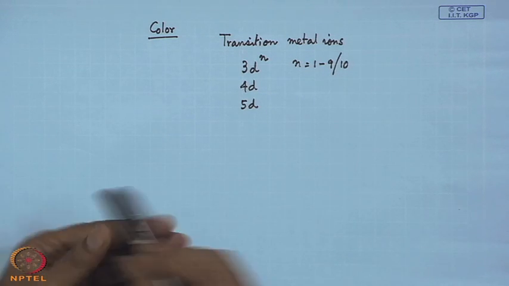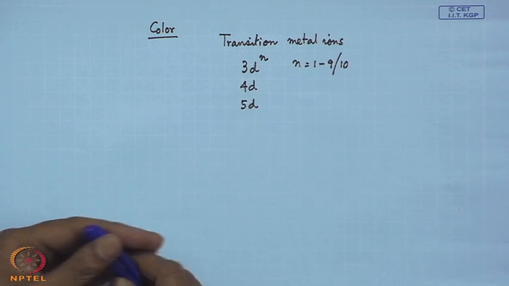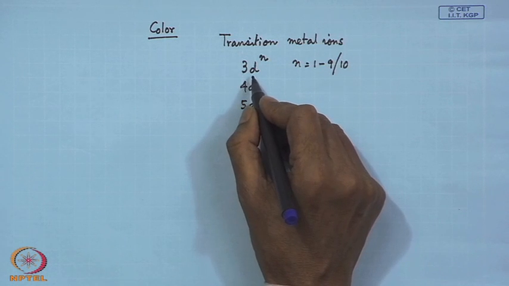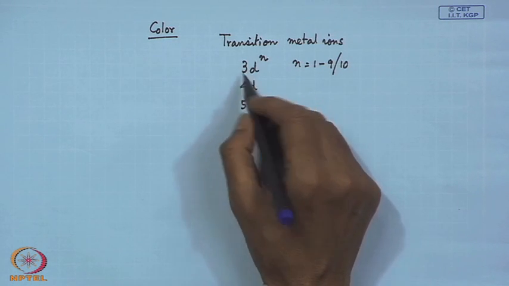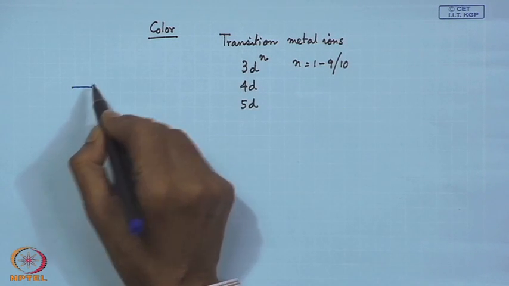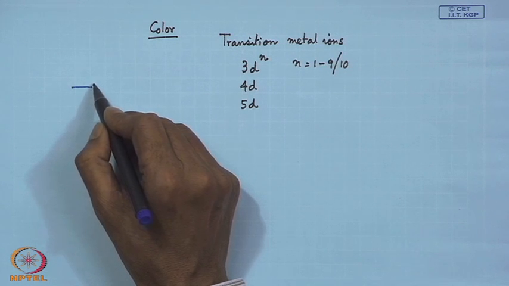So, that means we have unpaired electrons in the d level, and these unpaired electrons are in a certain crystal field, such as